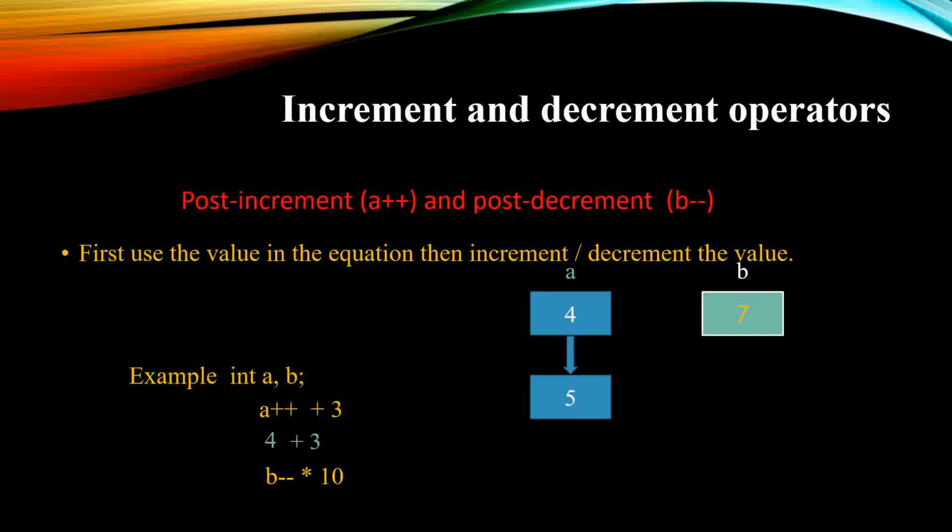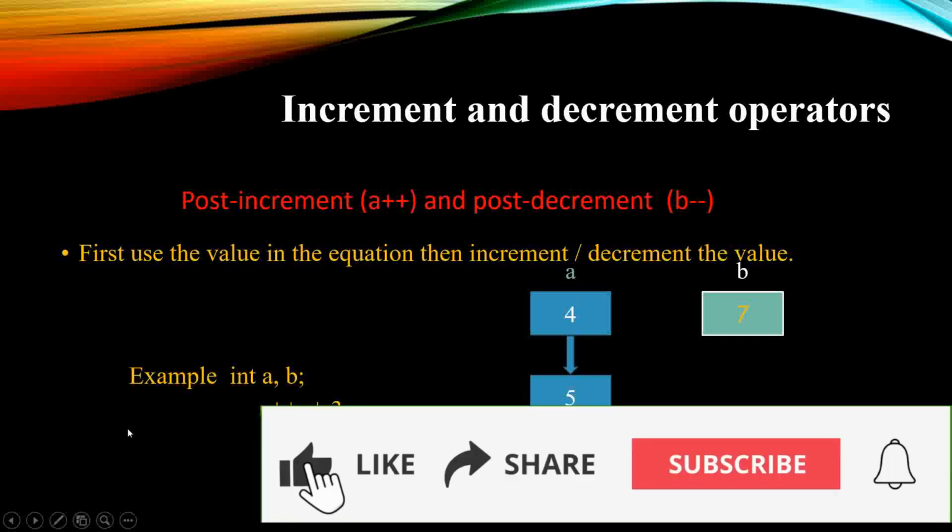So what was the value? 4 plus 3, then it will be 7. So first use the value, then increment the value, then update the value, then we can do the entire equation, meaning 4